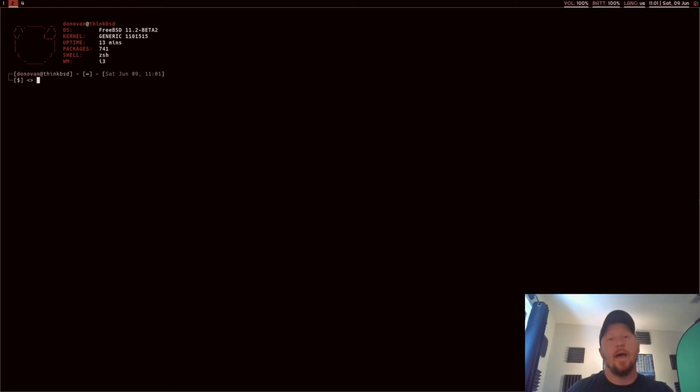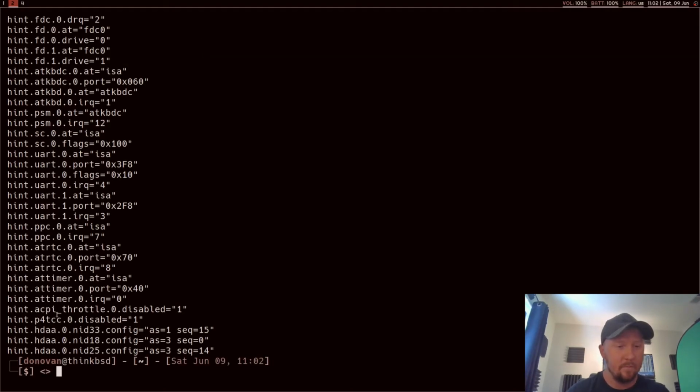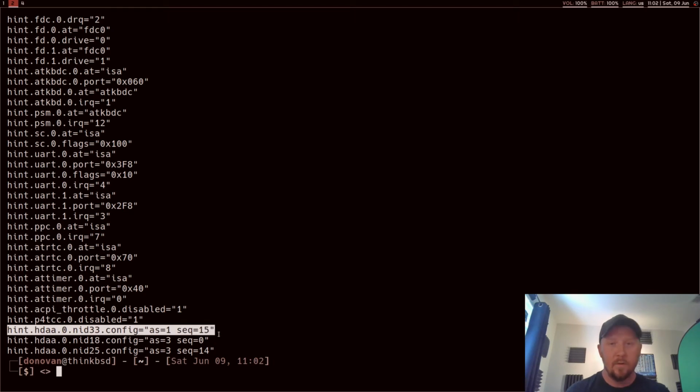So all I had to do was add 3 lines to my device hints file, these last 3 lines down here. Now, actually, the first line here is for the headphones. The other 2 lines, what I discovered was that the headphone jack is actually not a headphone jack; it's a headset jack. So it's actually a microphone and headphone jack. So I had to, the first line here that I added, which you can copy if you've got the same laptop,